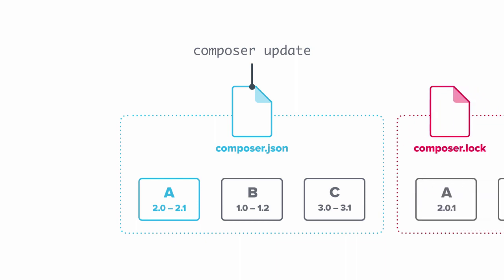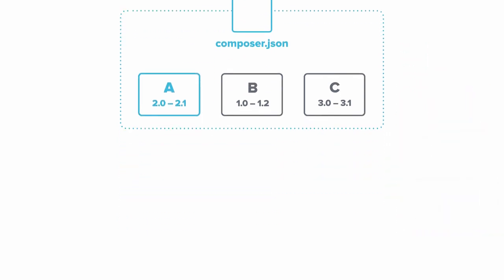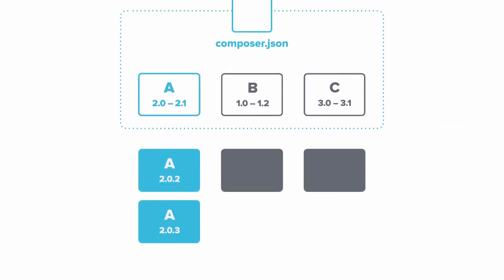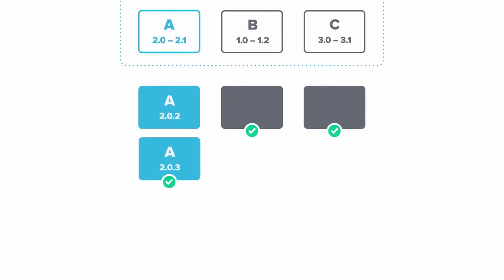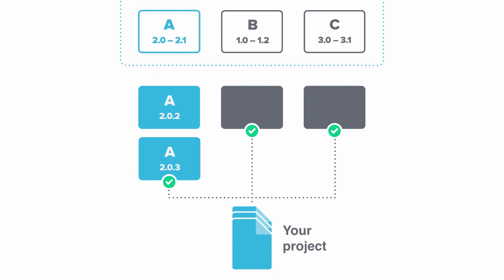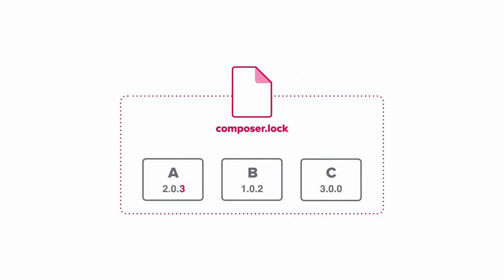Now, Composer goes out and finds out that there is a 2.0.2 and a 2.0.3 release of package A, and Composer will install 2.0.3 because that's the latest version available that you've allowed, and it will update your composer.lock file accordingly to say that this project is now using 2.0.3